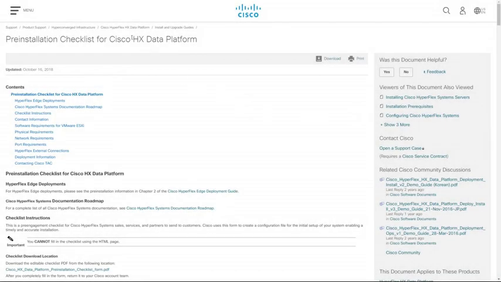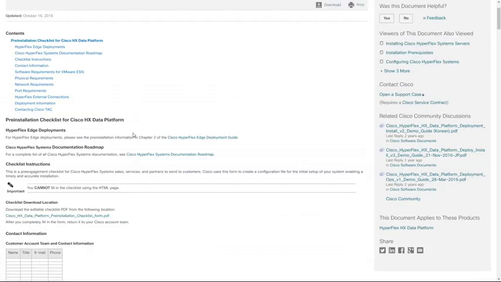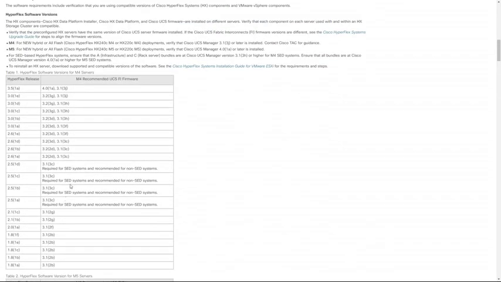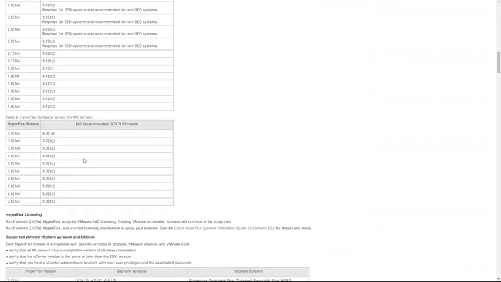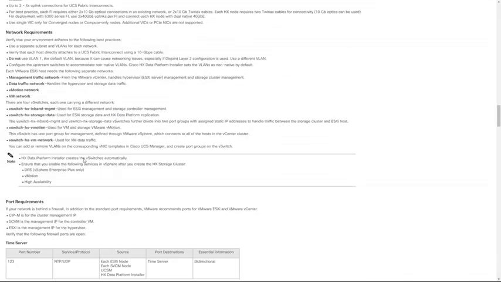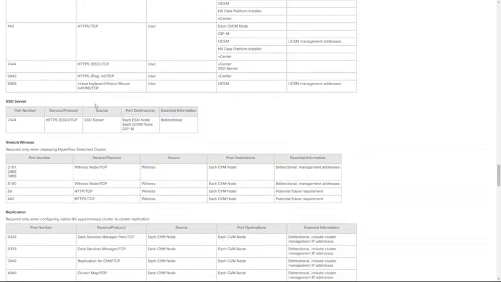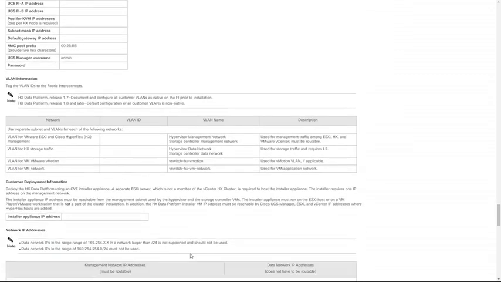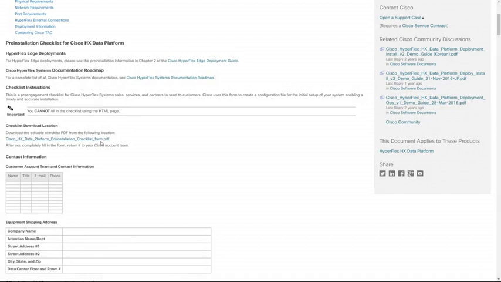a lot more information can be found in the HyperFlex pre-installation checklist. Here you can find a more detailed breakdown of release compatibility and network requirements, like ports and network service requirements. You should always consult this document when planning a deployment. This is why there is also an editable PDF version available for download, which you can fill out with the